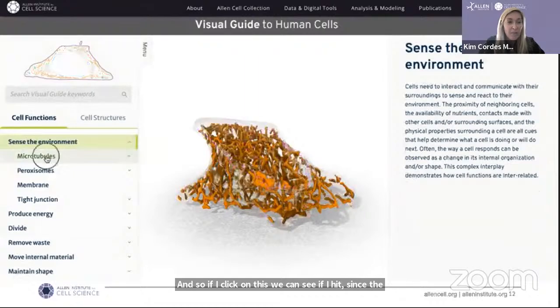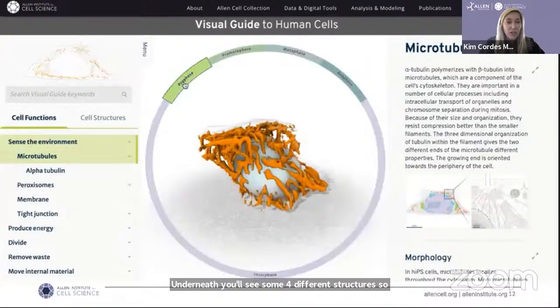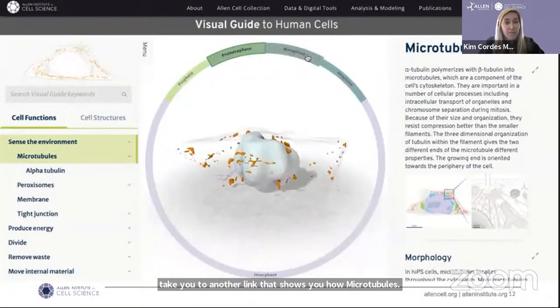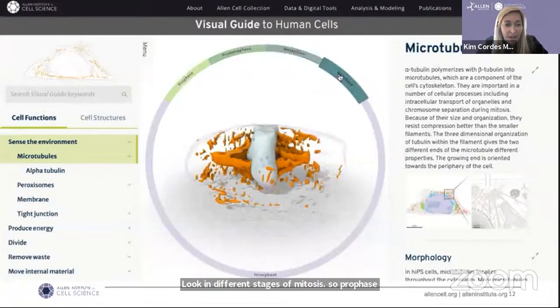underneath you'll see 4 different structures. So microtubules, it'll take you to another link that shows you how microtubules look in different stages of mitosis. So prophase, prometaphase, metaphase, and anaphase. And you can go back to interphase. And this tool really allows,